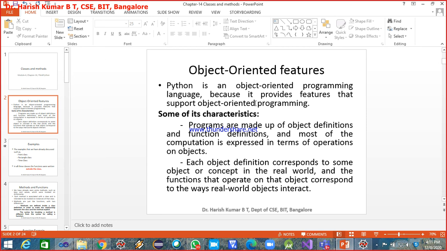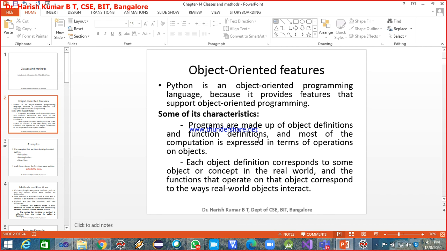Okay. So before we start, we'll discuss some important characteristics of object-oriented programming. Object-oriented features. Python is an object-oriented programming language, because it provides you the support for doing the object-oriented programming.